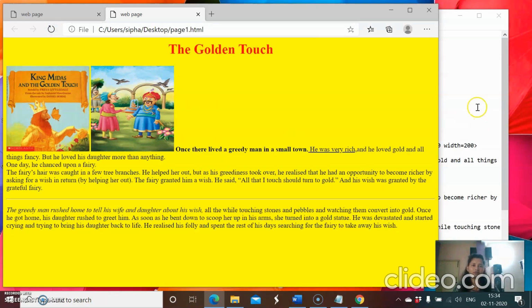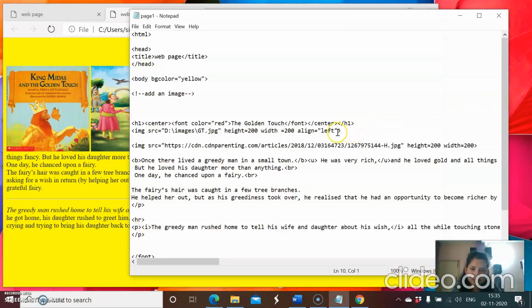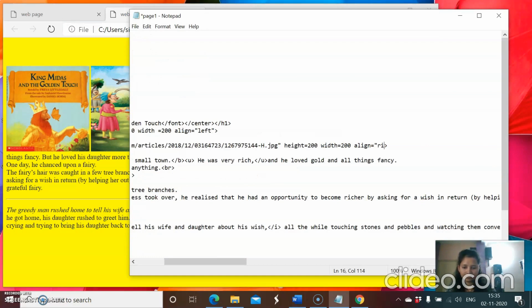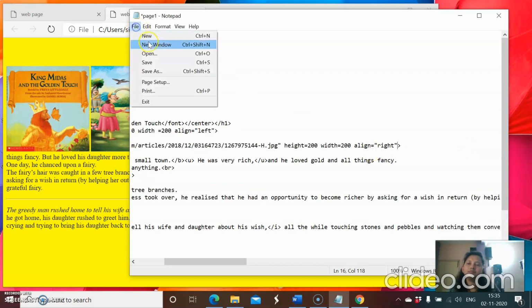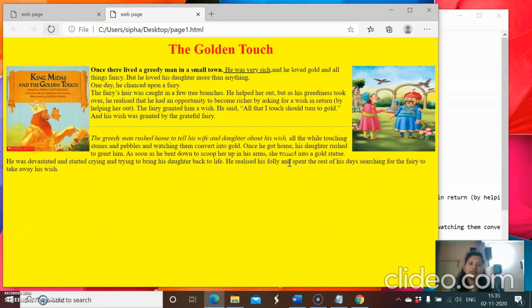Okay, fine. And I want this image to go on the right side. So what I'll do, I'll align it to right. Fine. Save. Now refresh and see. So now I have aligned this image to the right, and I have aligned this image to the left, and you